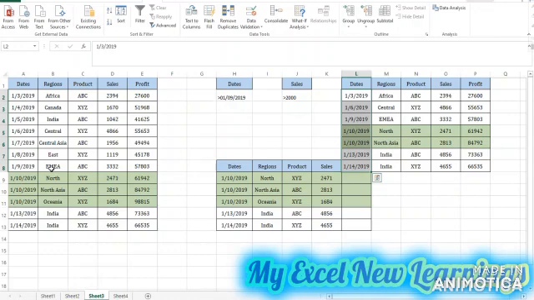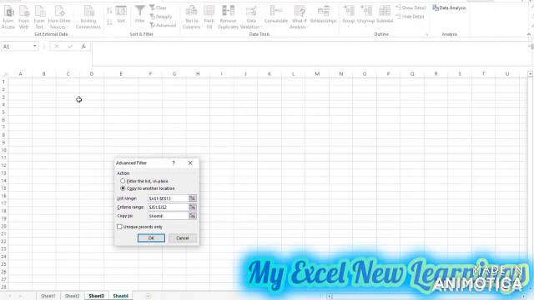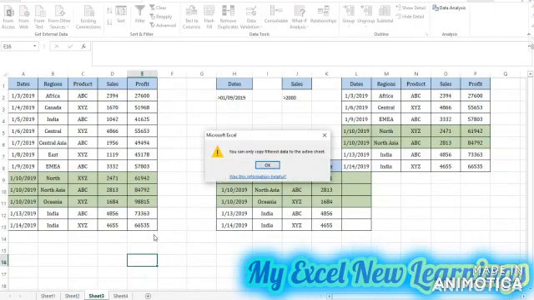Here there is one disadvantage. When you want to pull the data to the other location, the sheet should be active. For example, I will show you. We are in the data and I click on the advanced filter and the range is selected. This is my criteria. Now I want the data to be pulled to another sheet, like sheet number 4. So I will click anywhere, then I will click on OK.